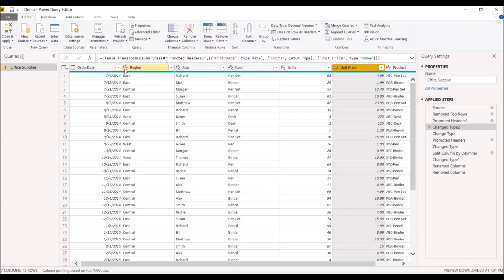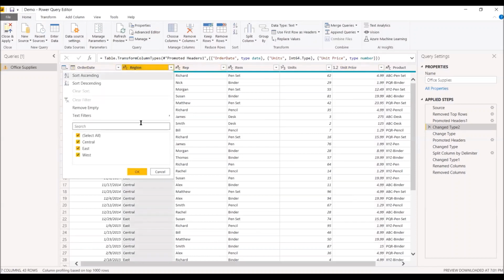So if I click on the arrow in front, besides region, I can see the region has 3 unique values: central, east, and west. Now what if I want to see values only for east and west? Let's just say as an analyst or as a person working in a particular SBU, I do not want to see data for other regions. I want to see data only for east and west regions. So what can you do in that case?